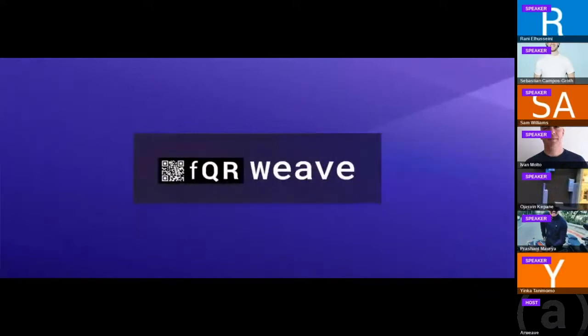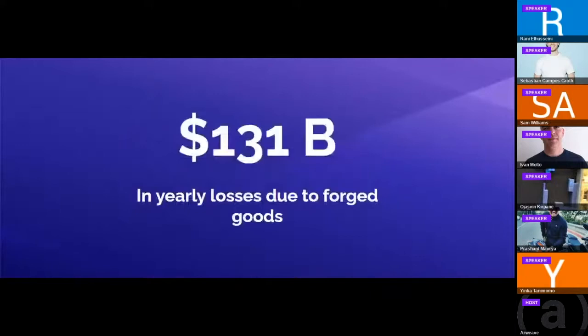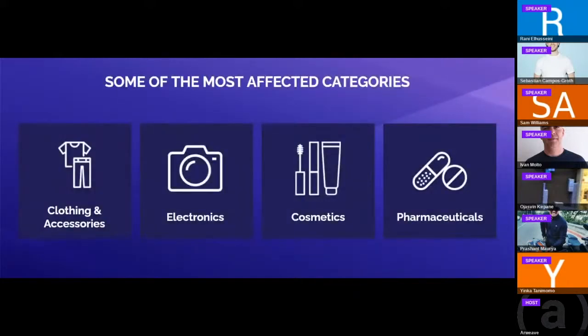So let's get started. Every year, over 130 billion US dollars are lost to forgeries of various types of goods. Some of the most affected industries are clothing and accessories manufacturers, electronic goods producers, cosmetics, footwear, and much more. It's also good to mention here that the pharmaceutical industry suffers from forged drugs, which can lead not only to foregone revenues for pharma companies, but also to severe health problems. If a patient, for example, receives a drug that differs from the norm, their prescription can actually harm them rather